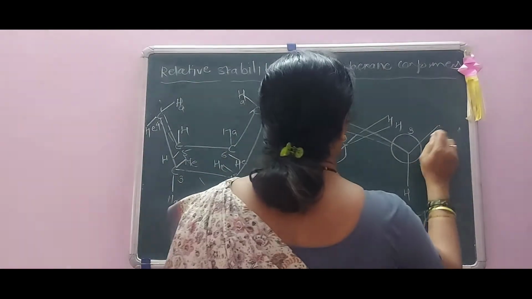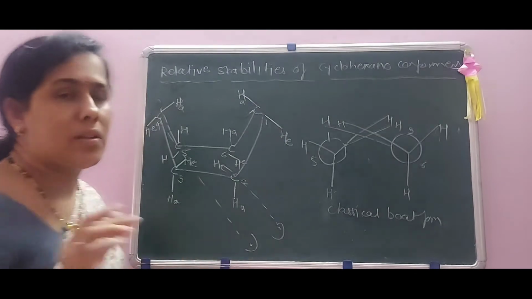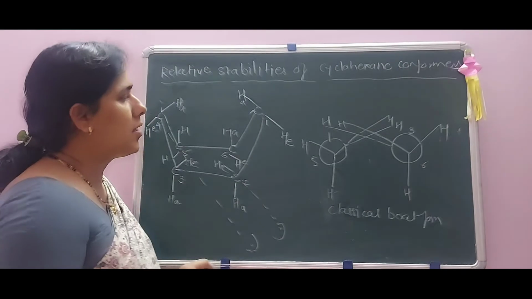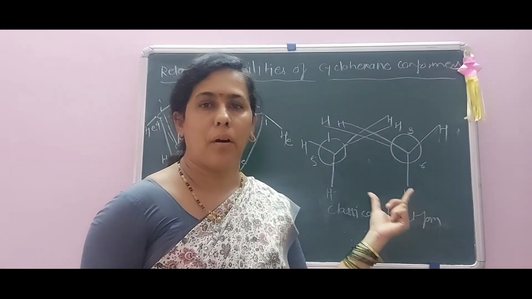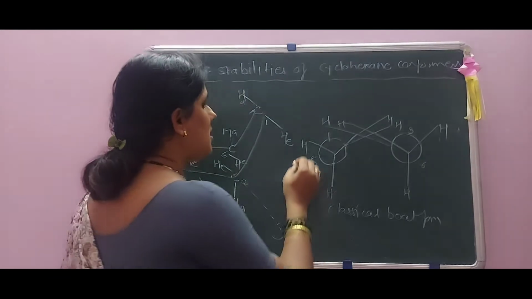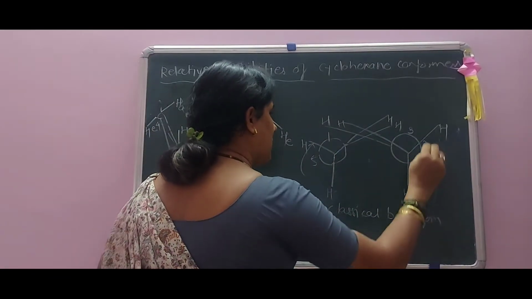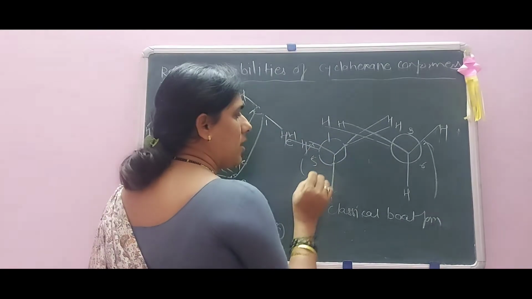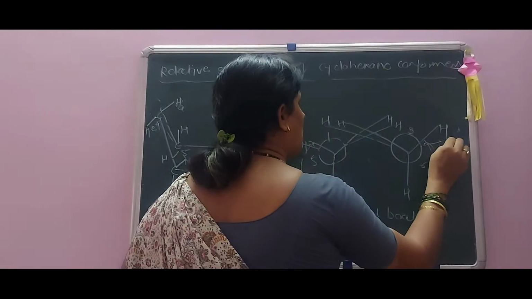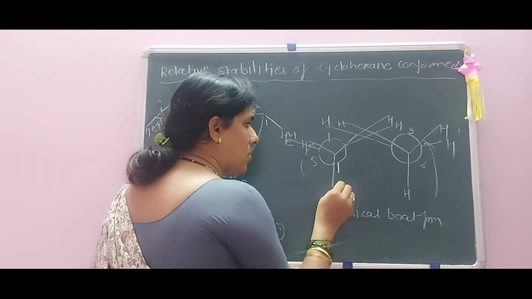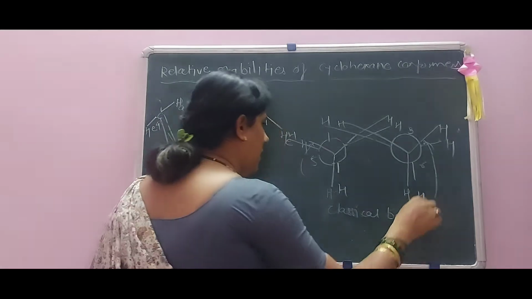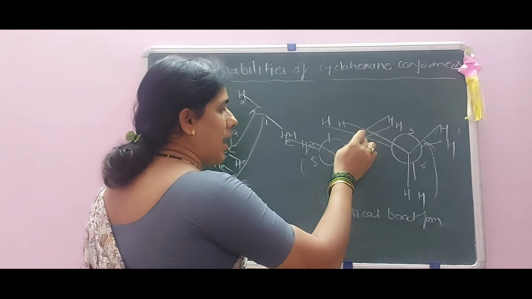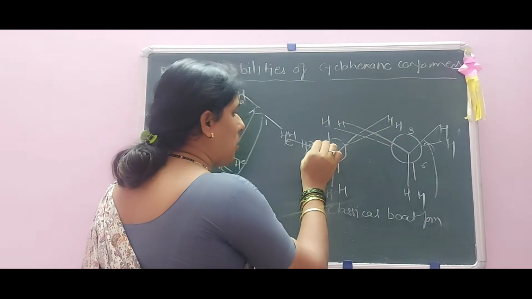Now, what are the hydrogens here? Also, the structure obstructing the carbon atoms 2 and here 4. This is the structure of the boat form of cyclohexane. As far as these hydrogens are considered, here one is eclipsed, here also one is eclipsed, here one is also eclipsed, here one is also eclipsed.